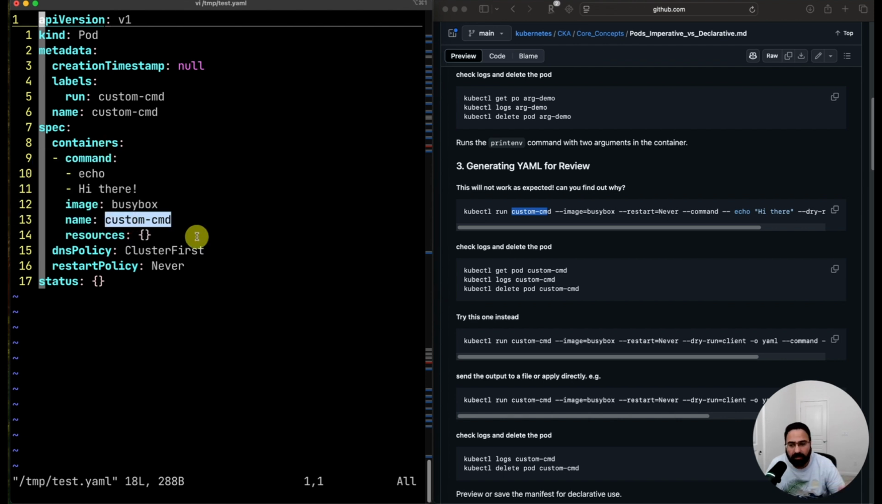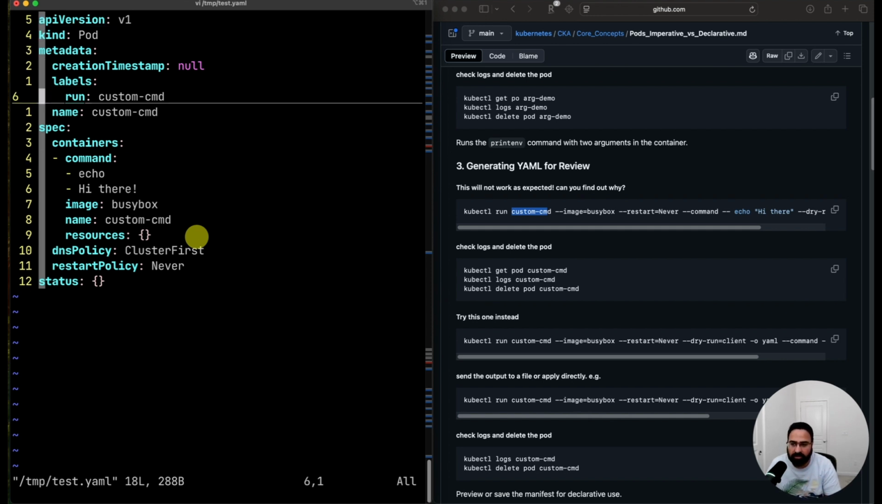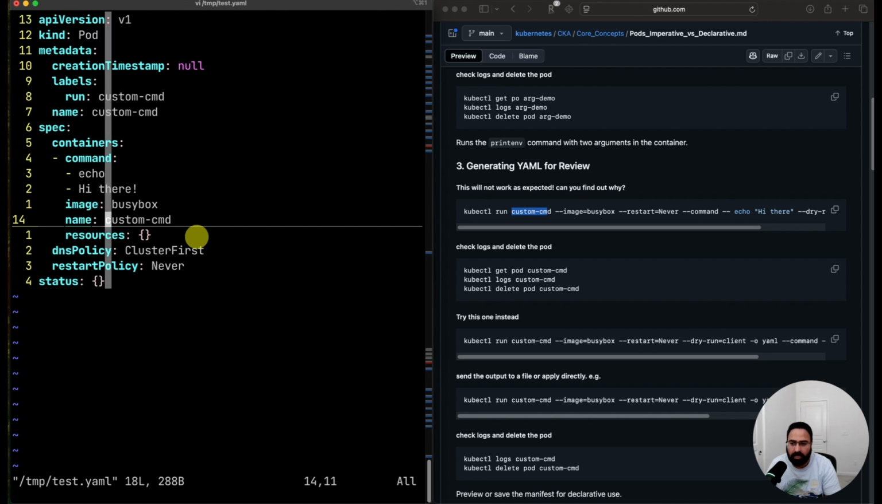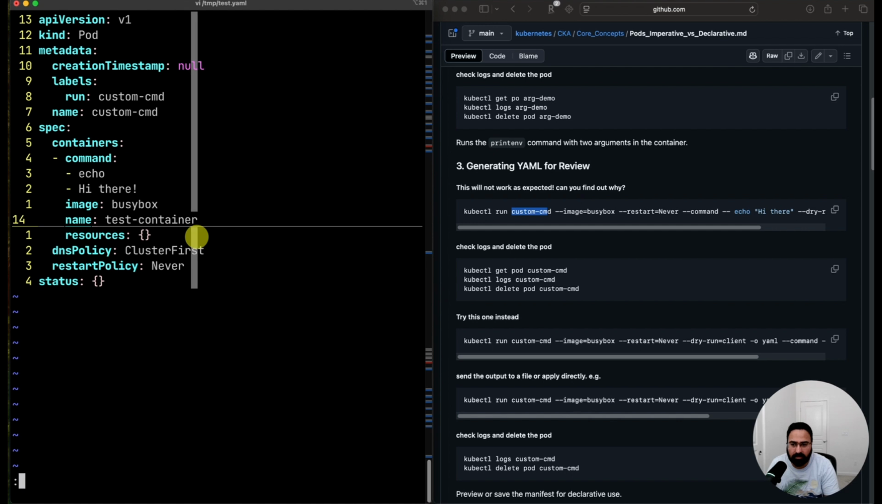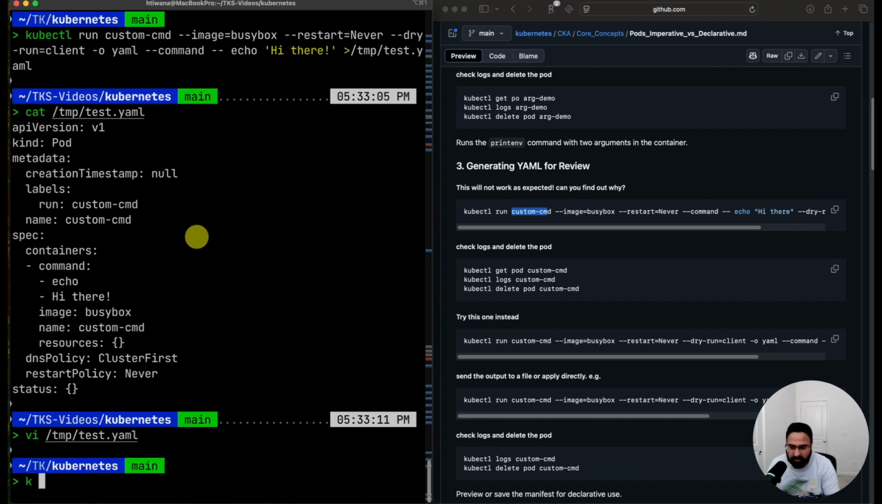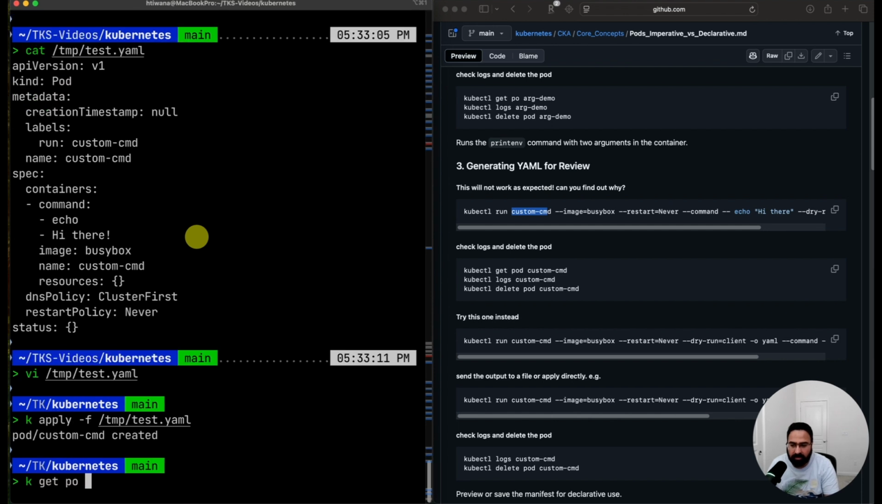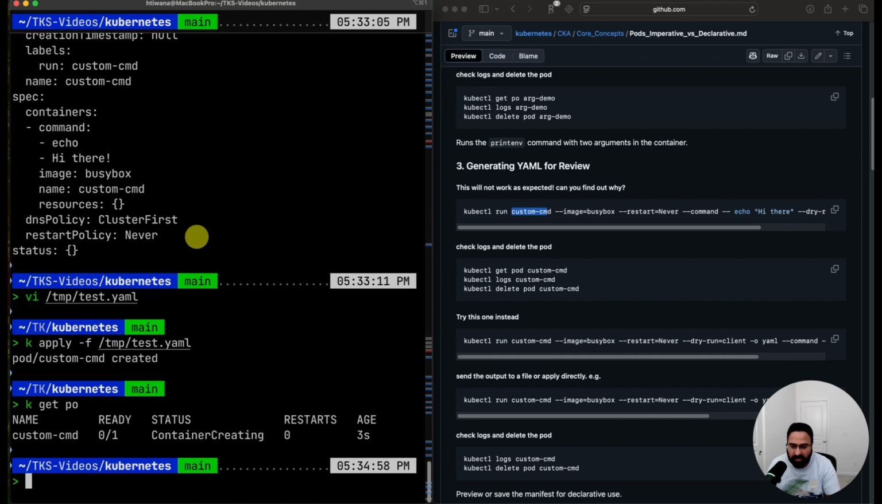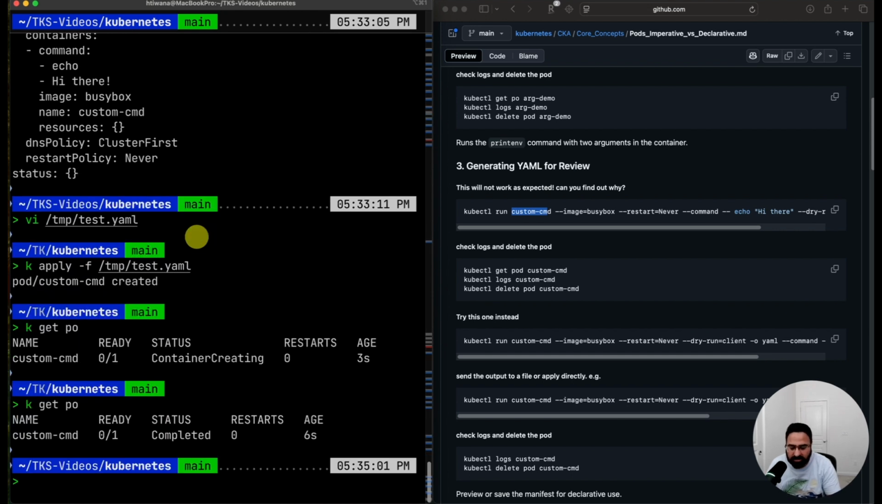In the exam, you'll have questions where you'll be asked to provide a different name. For example, you'll be asked to name it something like test container, right? So like this. So k apply -f tmp test.yaml, k get pod. You can see it says container creating, right? Now it's completed. Now how do I see if it actually named what I gave it? So k describe